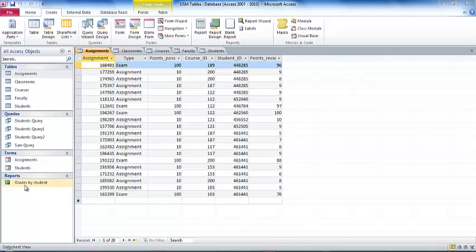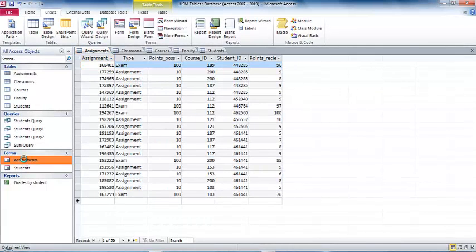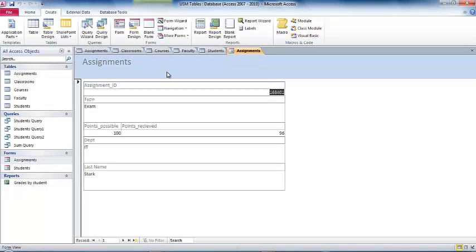Alright, let's go ahead and look at forms and reports now. Forms and reports are both ways to view the data outside of the regular table structure. Here are some example forms I made. They're very simple. They arrange the data in just different ways, but they still display each of the data points